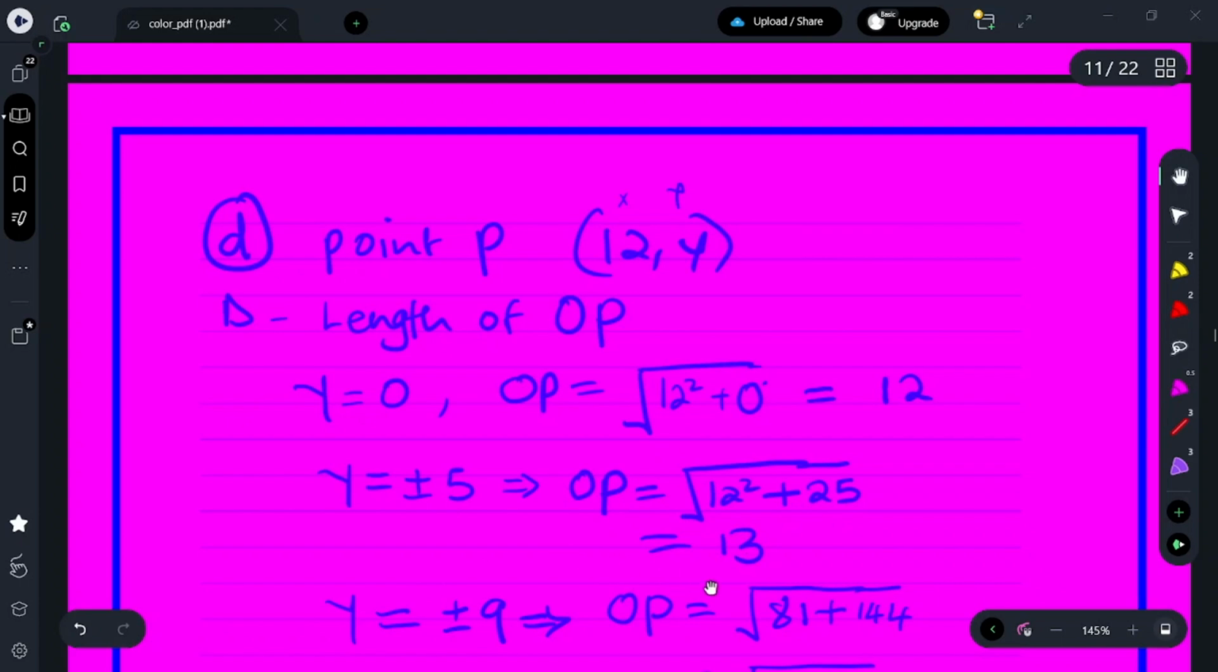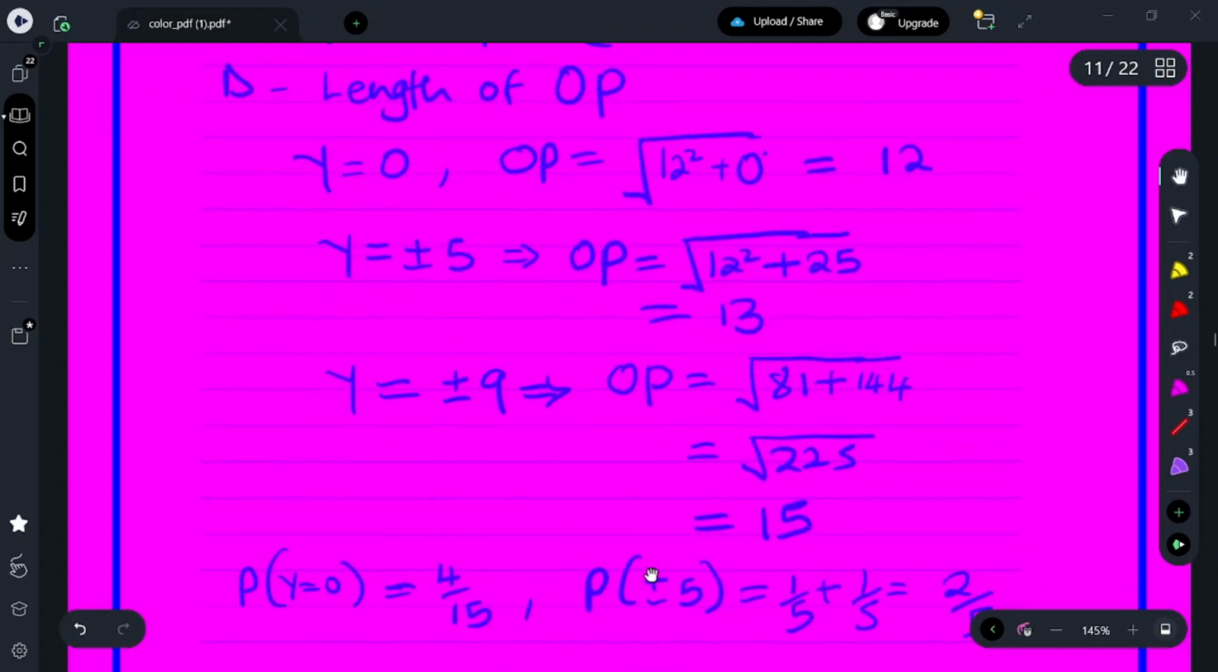Let's get the other distance. What about when y is plus or minus 9? Y is plus or minus 9, we're going to get D being equal to the square root of 144 plus 81, which is going to be the